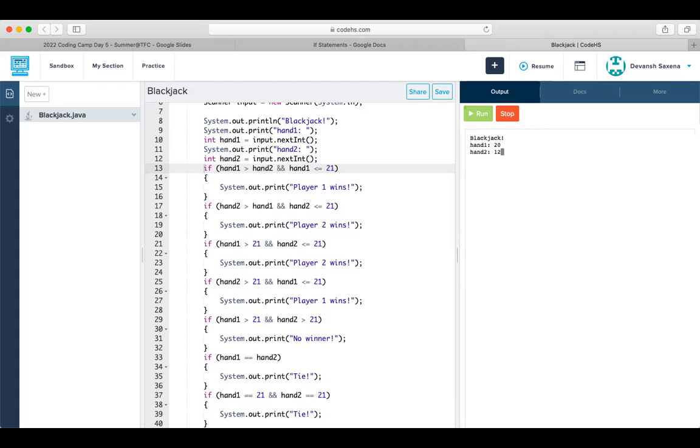Let's see what happens. The computer outputs player 1 wins, which is correct. If this card game was being played in real life, then hand 1 would be the winner, which means player 1 would be the winner because they have the higher score. Let's try